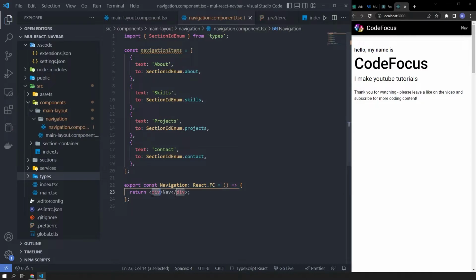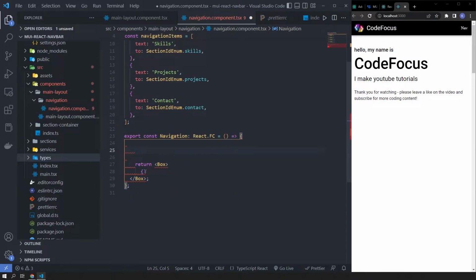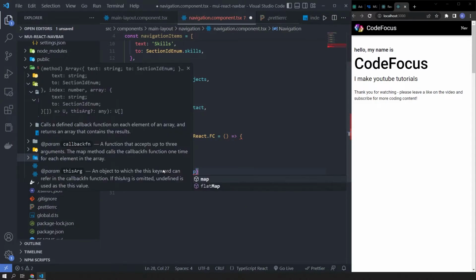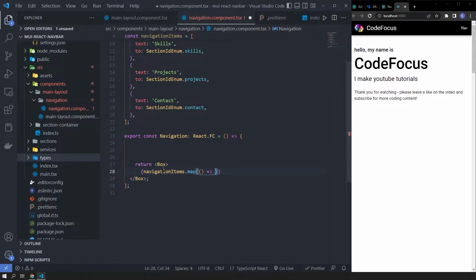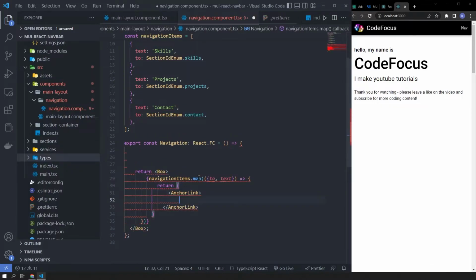And we're going to use this when mapping. Create a box. And we're going to map our items here. So navigation items dot map. And we'll destructure so we can get our to and our text. And in each of these map functions, we'll return an anchor link with a button inside